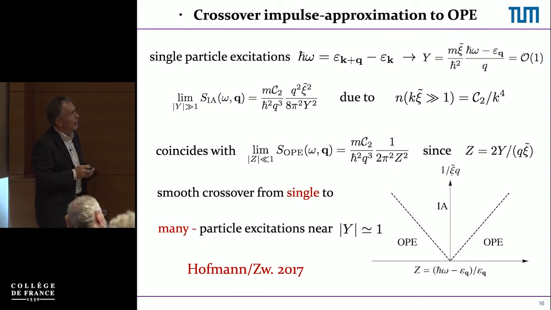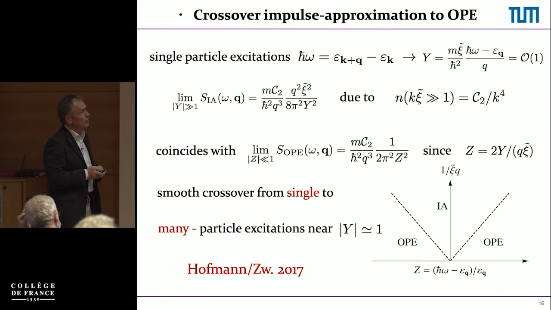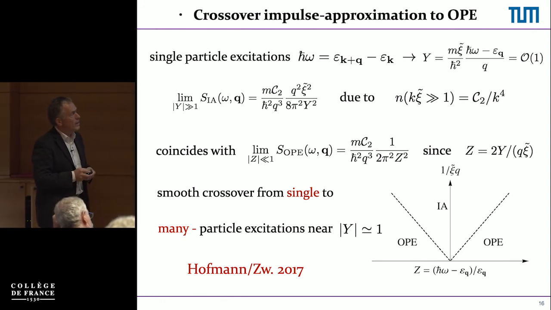If you work out the behavior reasonably far away from the single particle peak in this impulse approximation, it's 1 over the scaling function squared, because of the high momentum behavior of the momentum distribution. The operator product expansion gives the same behavior, and you can check that this coincides. So what you get is something where the impulse approximation works as a function of inverse q